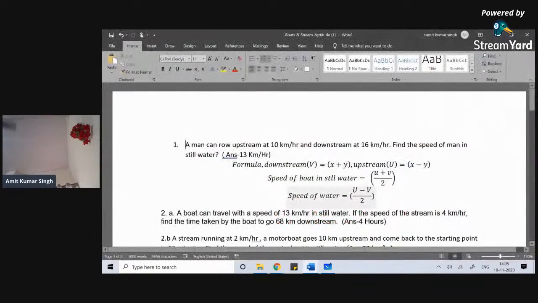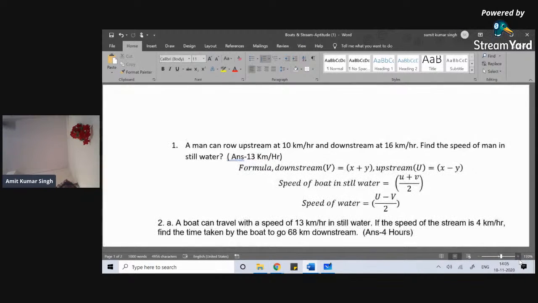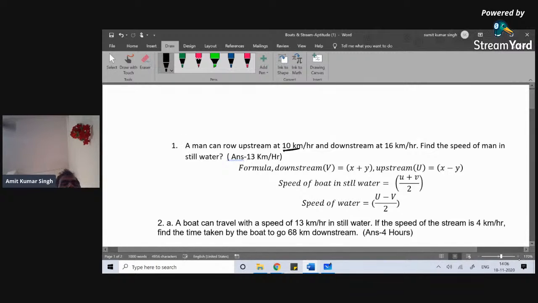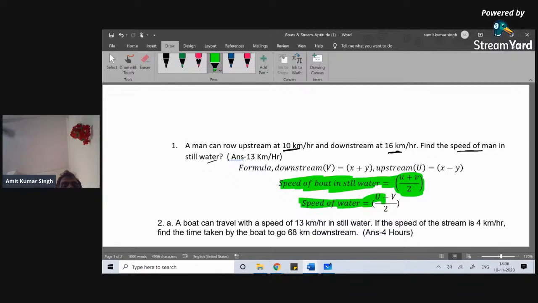Now, a basic easy problem. We'll start with an easy problem, which you can see on your screen. Question number one: a man can row upstream at 10 kilometer per hour and downstream at 16 kilometer per hour. What is the speed of the man in still water? If you want a direct formula, then this is the direct formula. The speed of boat in still water is (u plus v) by 2, and the speed of water is (u minus v) by 2, where u is the speed in upstream and v is the speed in downstream. So like here, if I want the speed of the man in